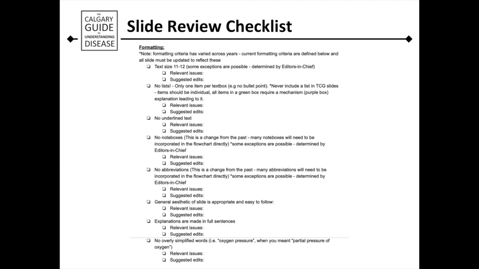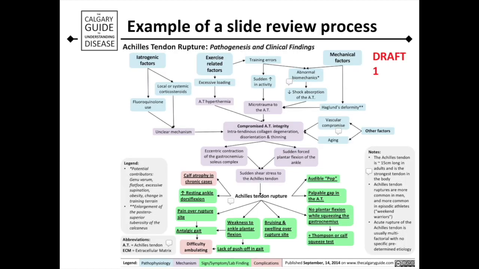And we also just make sure in general that the flow of the flowchart is aesthetically pleasing and easy to follow. Now I'm going to walk you through an example of a slide review process using a slide that highlights all of the things that I just talked about: Achilles tendon rupture, pathogenesis, and clinical findings. You can see quickly off the bat that this first draft, even though it was already published in 2014,